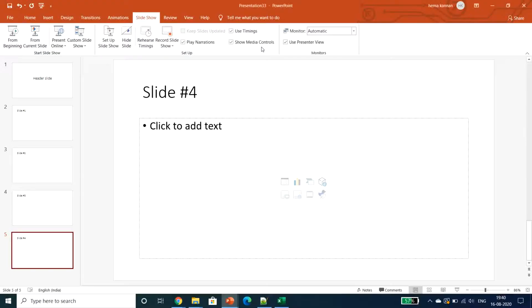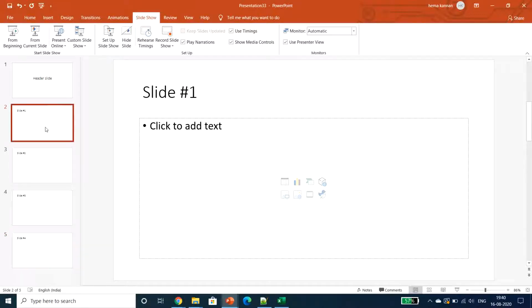So from the beginning means, for example, now currently we have 5 slides, right? Including the header slide, we are having 5 slides. So from the beginning means it will start from the first slide, that is from the header slide. Next slide number 1, 2, 3, 4, and then next click to exit. That's it. So all the 5 slides will be displayed from the beginning.